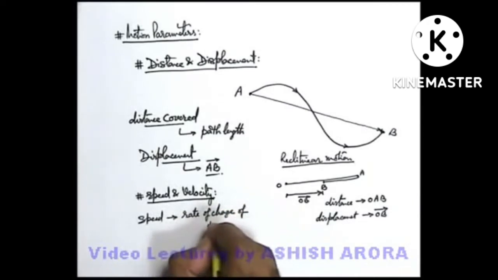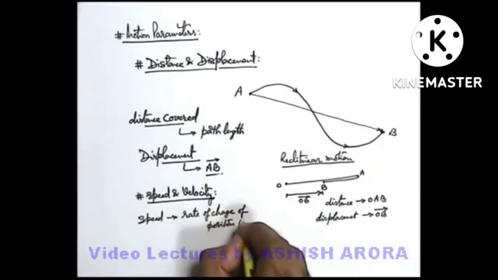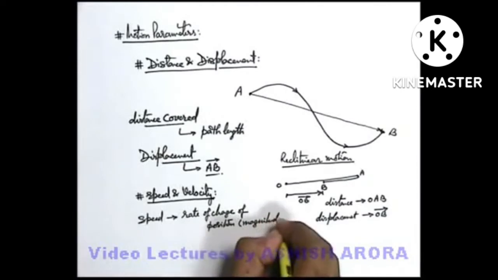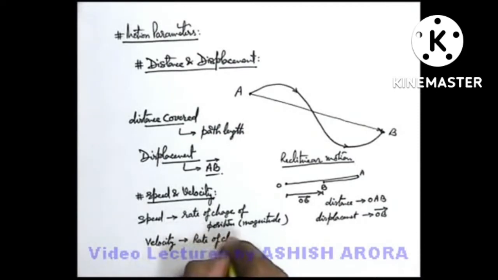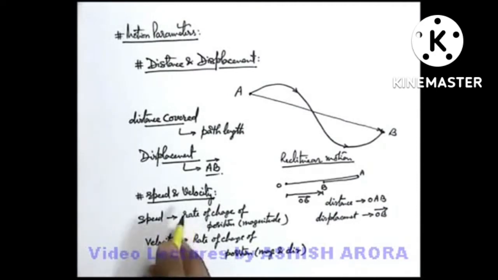So if we talk just about speed, you can simply call it the rate of change of position of body, and here we measure only the magnitude. But velocity is also the rate of change of position, but in case of velocity we must mention the magnitude as well as direction. Without direction the velocity will be incomplete information. It will just be the magnitude of velocity, which can be written as the speed. And speed and velocity can be defined in various ways. Let's see that in detail.